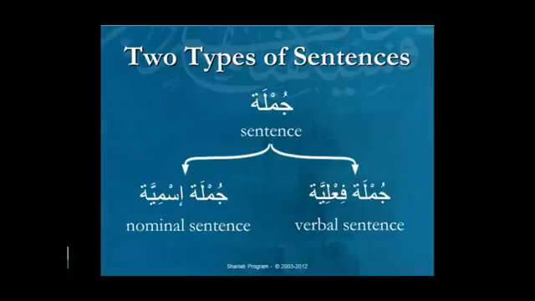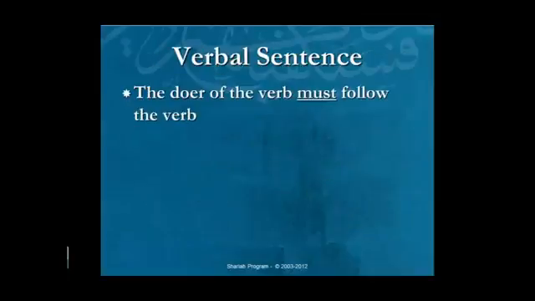Then I can choose to use a verb. The minute you choose to use a verb, the verb has to be at the very front. Every verb must have a subject, and the subject must follow it. This is set in stone. This is the principle, and this is what dictates the classification we have on the screen right now. Had it not been for this principle, we would not have needed this classification. We could have used the generic terms subject and predicate everywhere, as they do in English. This is going to make a lot more sense, inshallah, as we move forward with the presentation.